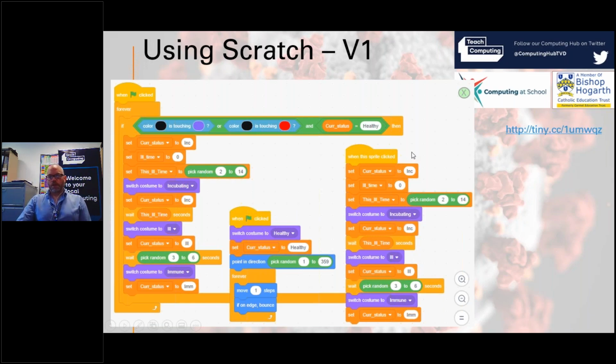The other main structure, or one of the other main structures, is selection, okay? So selection is about decision making, and here we have got an if, and this is the only if that we've got here. If color black is touching purple, so if we have got this sprite and the border of it is touching purple, so that means if it's not just slightly touching, but if it's made a definite contact, if it's touching somebody that is infected, or is touching somebody that is ill, which is the red color, and current status is healthy. So there's a bit of Boolean logic in there as well for the key stage 3,